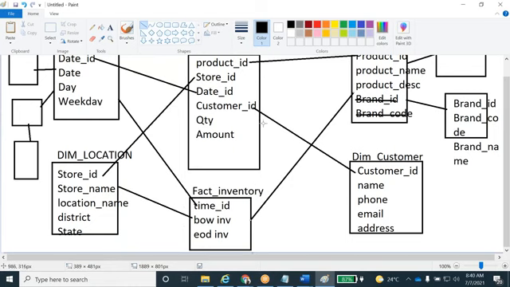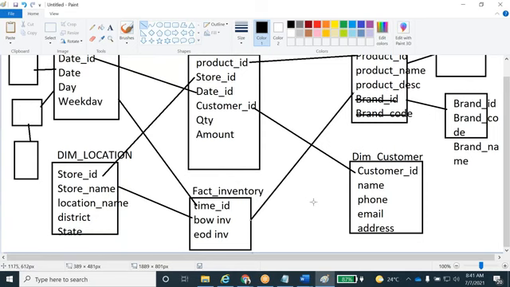Snowflake is also the same. It will be simple or complex like the star. Snowflake is only an extension of the star schema, but the dimension tables here are split into multiple dimensions, either one or more, depending upon their requirement. Sometimes it won't be extended at all and will be a single table. They're going to split the dimension tables depending on their requirement. It's not mandatory to split all the dimension tables in the snowflake.